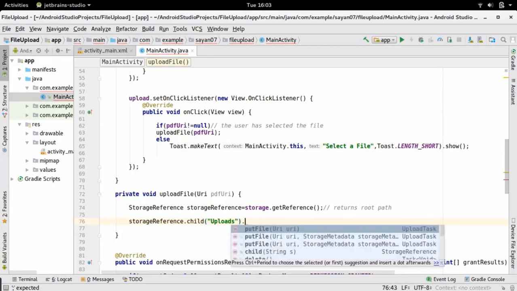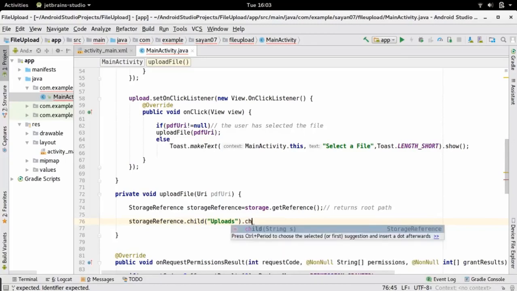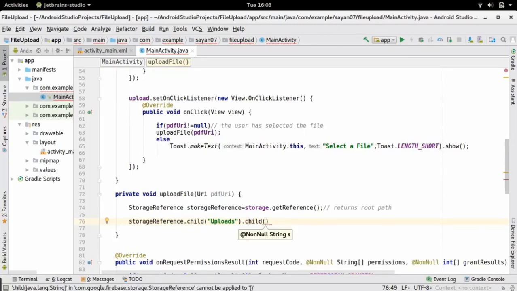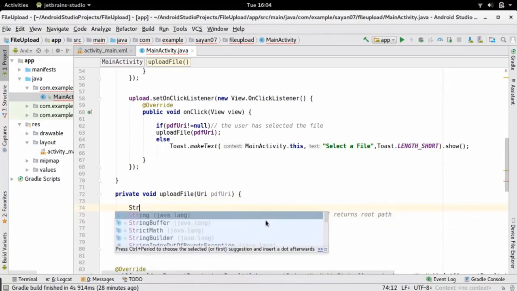You will understand all of these things at the end of our project. So just make sure that we are creating an uploads folder under the root directory, and now we are going to create another subdirectory which will be the name of our file. Let the name of our file be the current time.